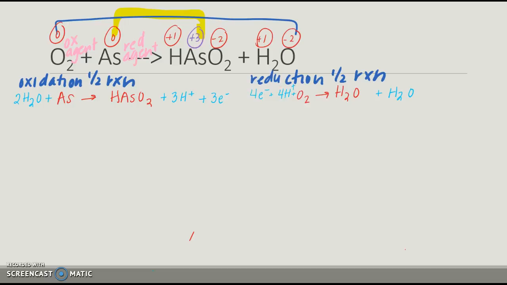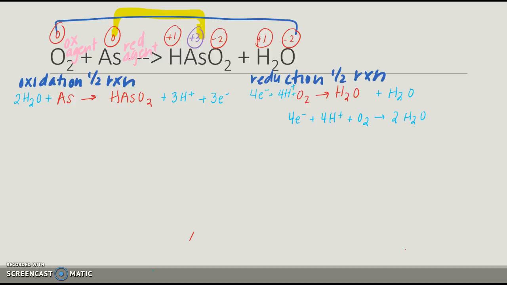And once I do that, I have 4 hydrogens on the reactant side, 4 on the other, 2 oxygens, 0 charge, 0 charge. Now, if this were me, I would rewrite this and I would combine those 2 waters together. Okay, so once you have